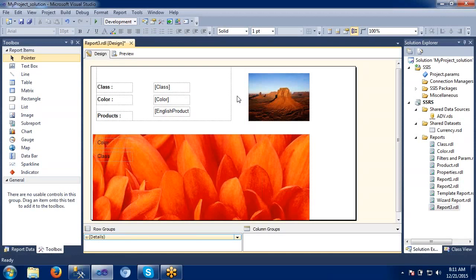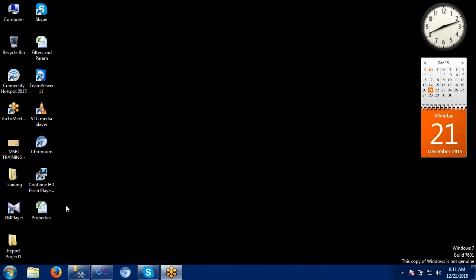A drill down report just has some plus options, and when we click on one, it expands and shows all the granularity levels. A drill through report takes us to some other report, navigating from one report to another. Let me explain it here.